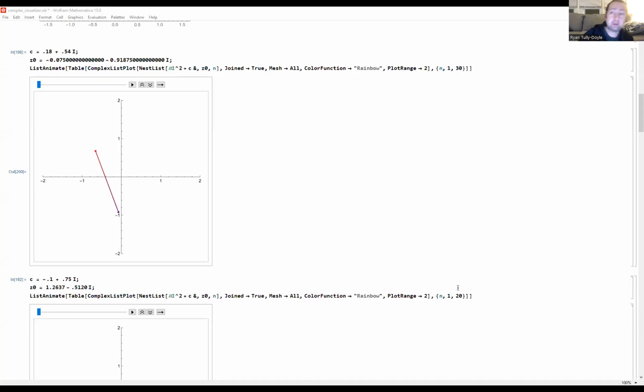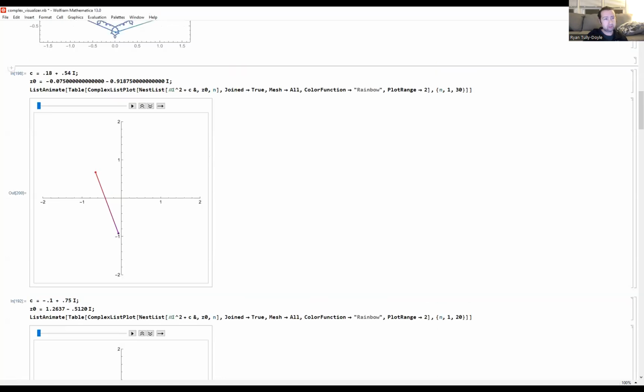Okay, so I'm calling this the complex visualizer. So there'll be a second version of this that goes up in the notebook. So when we're looking at complex dynamics, one thing that we can do is we can ask, okay, given a function z squared plus c. So this first function that I'm looking at here is the function,